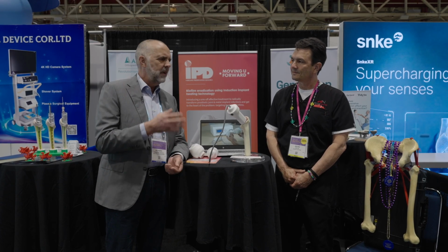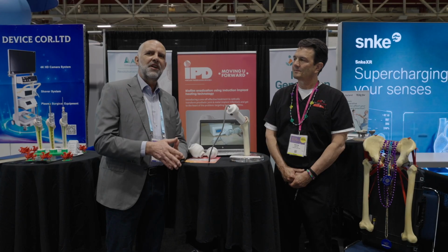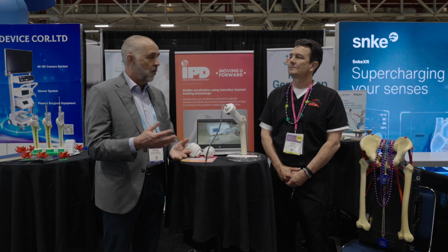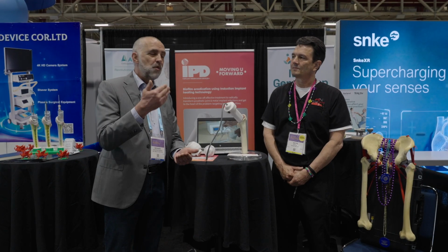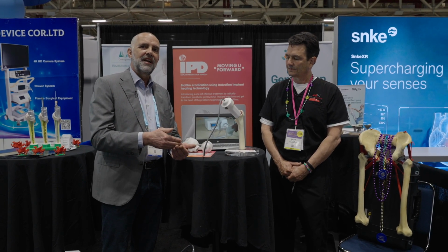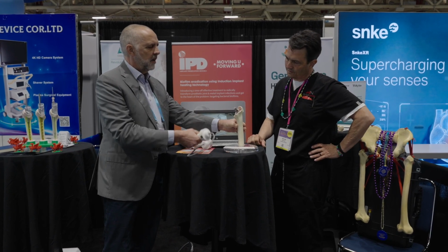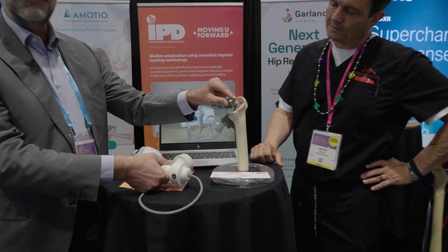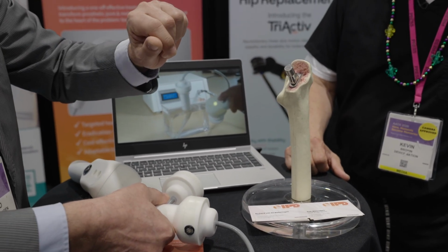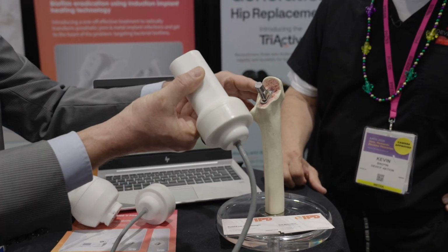But the fact is, we can heat it up to hundreds of degrees. We have to make sure that we do not damage bone and soft tissue, because it's a sensitive operation to get a hip replacement, and you want to have that hip well fixed, and not damaged by heat. So what we do, we heat up the proximal part of the metal hip implant. We take off the head with the reoperation, clean it, give antibiotics, and over the trunnion we put an induction coil